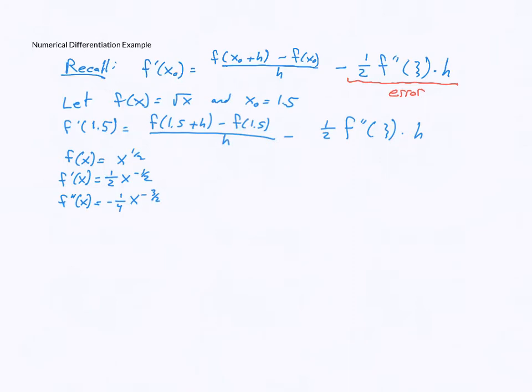Now again, you may be saying, whoa, if we're trying to approximate the derivative of f of x at 1.5, then we have to know what it is in order to compute the error bound. And oddly enough, that is true in this case. So I'm going to put this together and say that the error bound